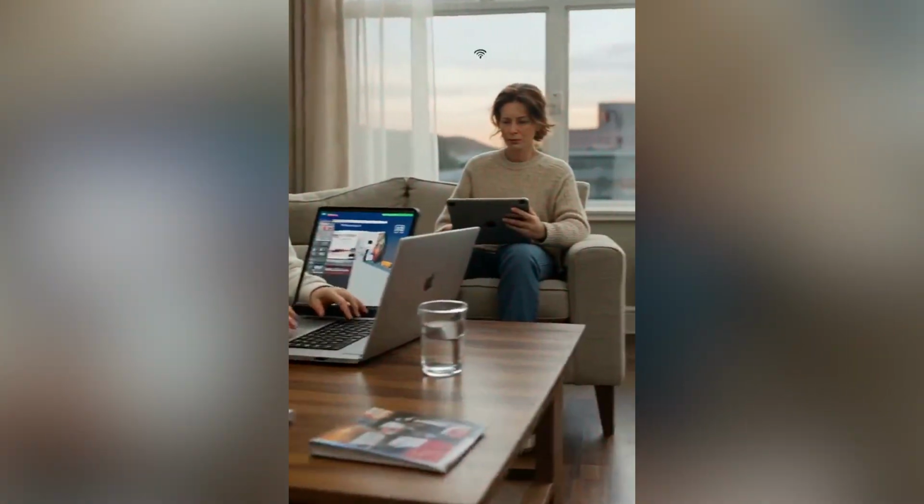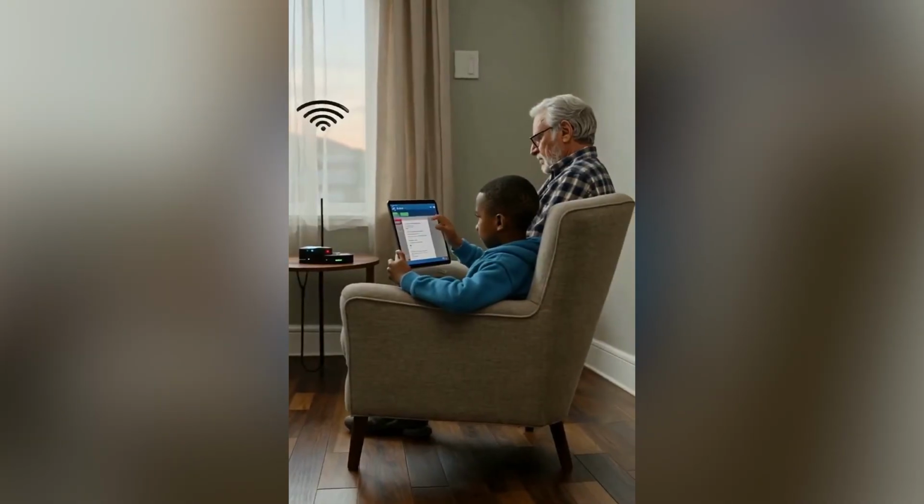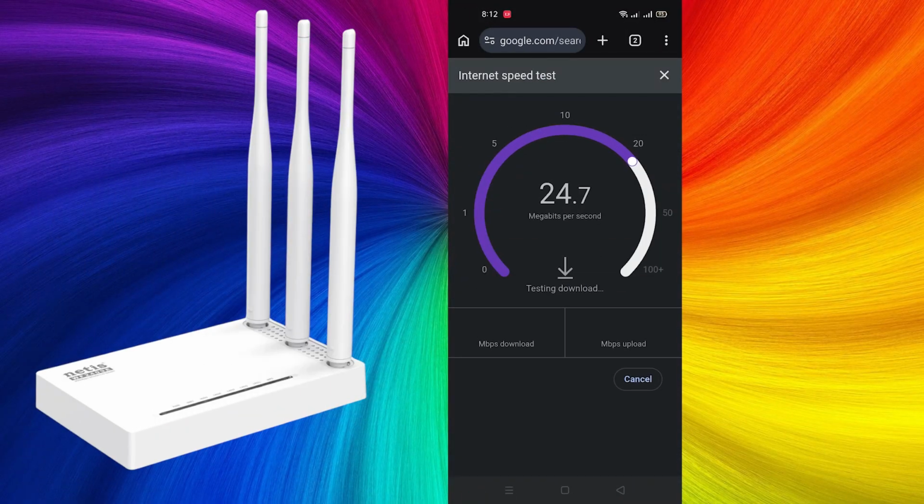Are other users on your Wi-Fi using too much internet speed? In this video, I'll show you how to control and limit bandwidth speed on the Netis WF2409E router easily. You can set speed limits for specific devices, manage internet usage, and improve your overall Wi-Fi performance for gaming, streaming,